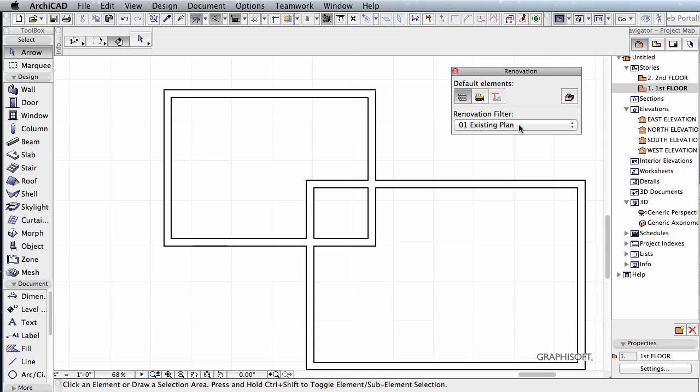Now, if we take our renovation filter and move into demolition plan, you can see that these two walls right here are now sort of dashed in red, meaning they're going to be demolished. After the demolition, they disappear. And we can go into the new construction phase here. Make sure that our new construction